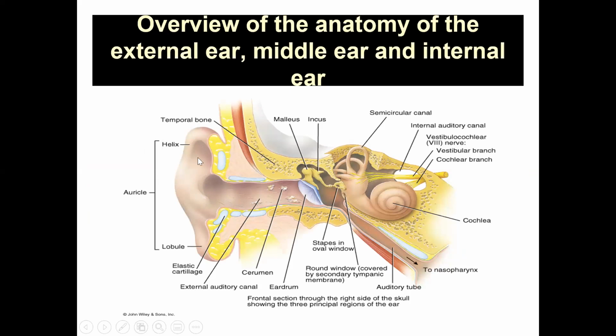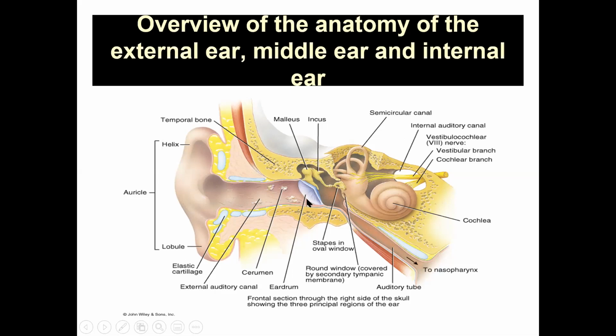The pinna is a single yellow elastic cartilage. It has various topographical anatomical nomenclature like helix, antihelix, tragus, antitragus, and lobule. This convoluted pinna rolls on itself and leads into a canal, cartilaginous in the lateral part and bony in the medial part. This is called the external auditory canal. The cartilaginous part is called the canal, whereas the bony segment is called the external auditory meatus. And this canal terminates at the lateral surface of the tympanic membrane.